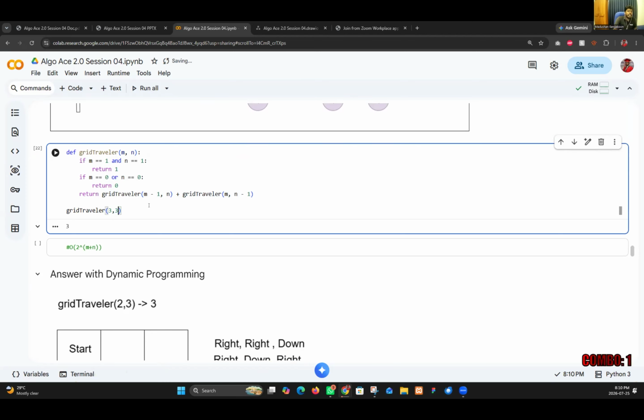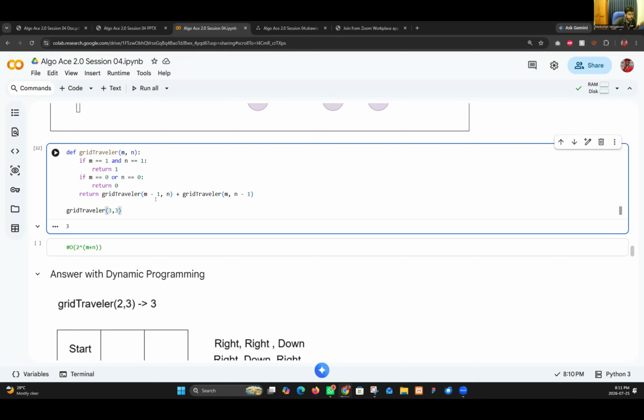So, anyone have an answer for the 3 by 3 rather than running this? Use your ultimate brain, but you don't need to use the brain to get the logic. Anyone, what will be the output?